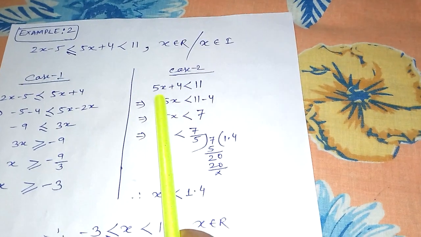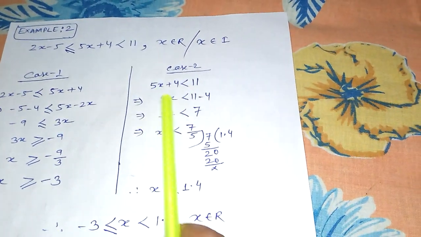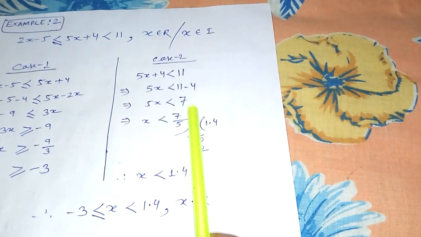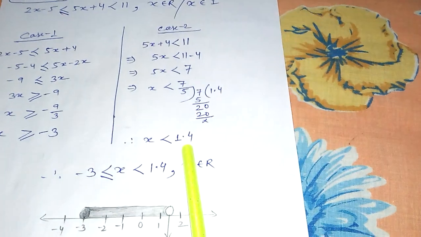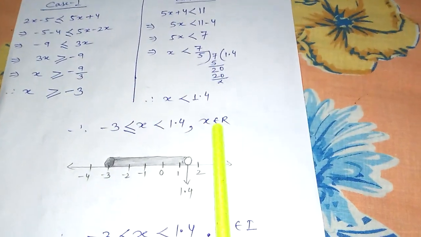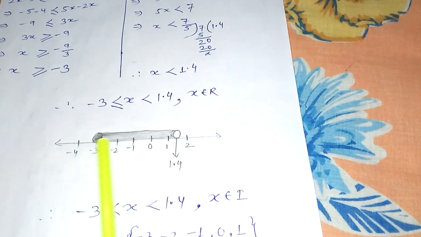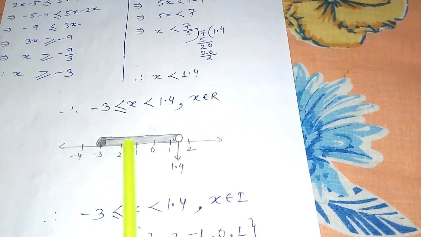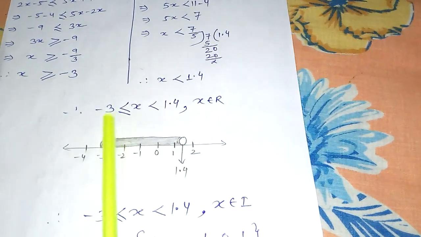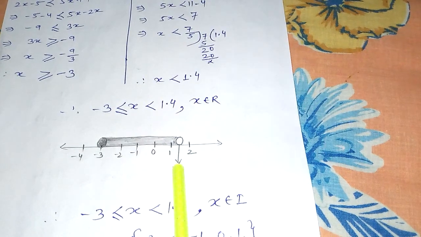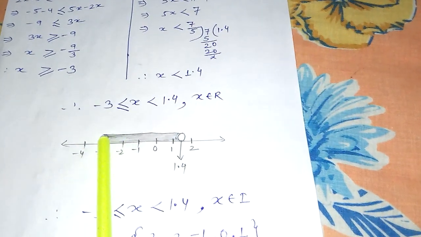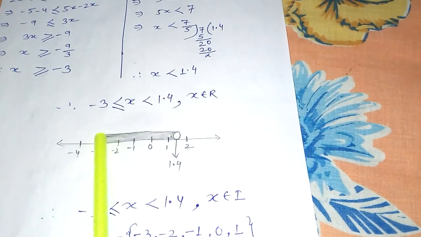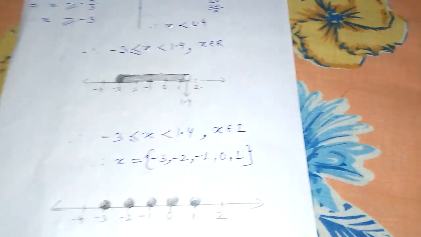And here 5x is positive and there is no x this side. So x remains on the same side. Automatically the number goes to the other side, and our result is 7 by 5, and when we simplify it, it is 1.4. So when x belongs to R, our number line is very different. We put circles at the borders only, and then we join the borders, and then we darken the whole region. So here minus 3 is a border, 1.4 is a border. On the border I put a circle, but here why dark? Because it is equal to. And here why not dark? Because here there is no equal to, and we shade this. As you all know, I discussed this in the last video.